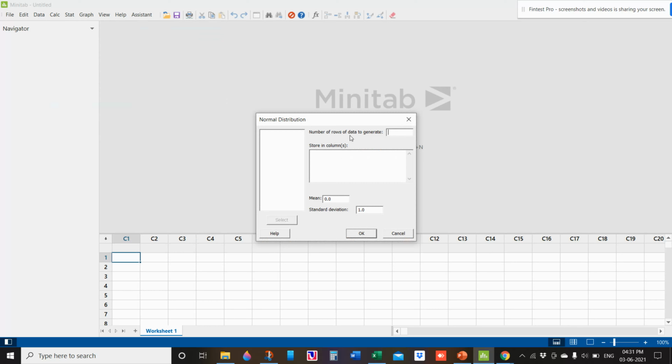Here, number of rows of data to generate, 30. Store in C1. Select C1. Then mean is 4 mm, standard deviation is 0.1 mm, and say OK. Now you can see Minitab will create 30 random data as per your mean and standard deviation.